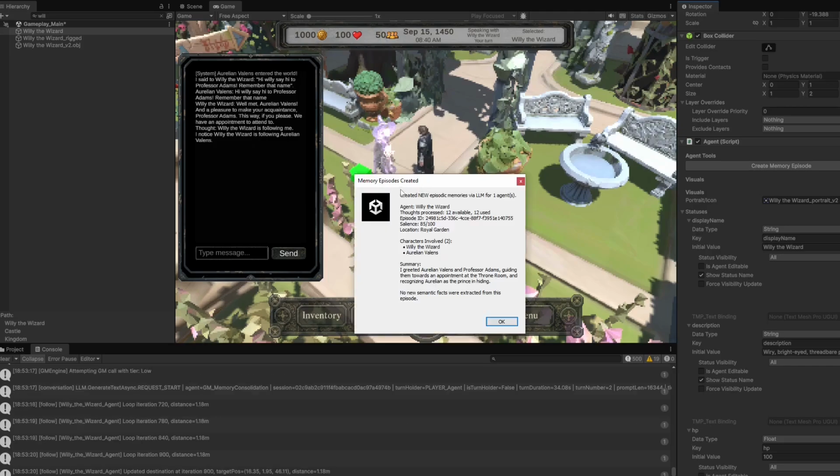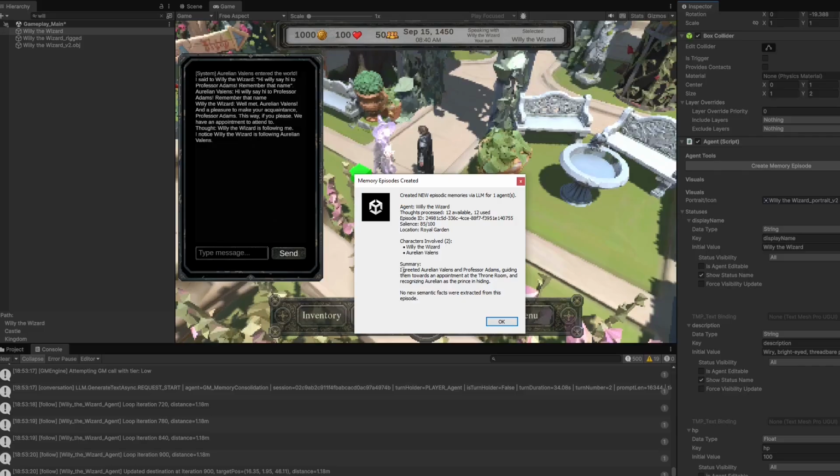This calls another LLM using something called the Game Master, which is actually a generic LLM that can affect basically anything in the game, because everything in the game is a specific type of object, an agent object, and every agent object has a default and generic type of data called statuses. And so this Game Master can not only create episodic memories, it can also adjudicate combat in the game. It's what creates dilemmas and advances the kingdom narrative. It's basically a tool that can do anything in the game world. In this case, it created some episodic memories.